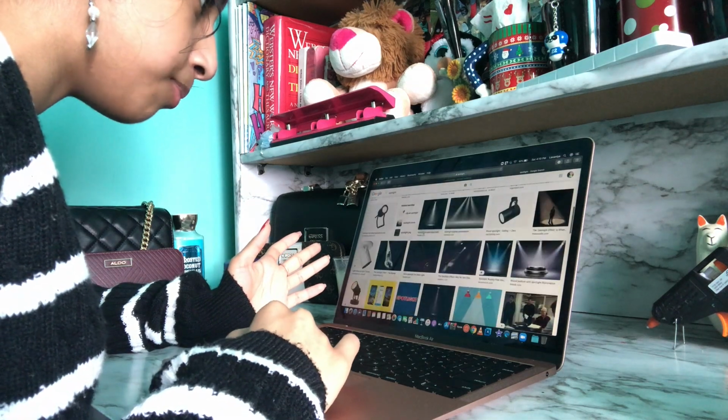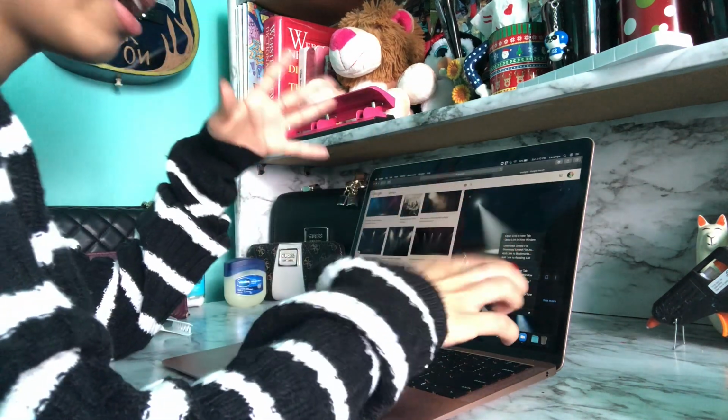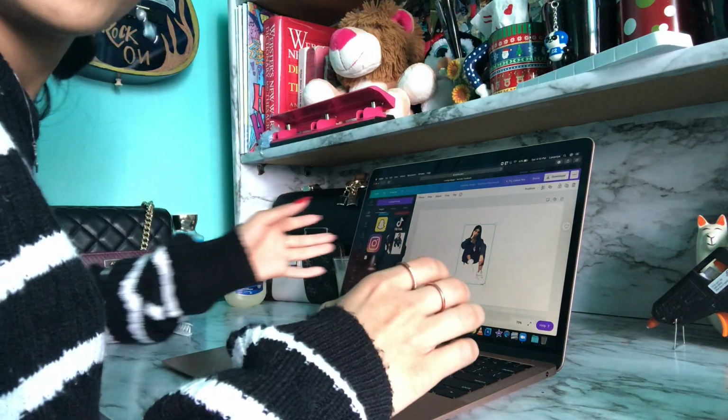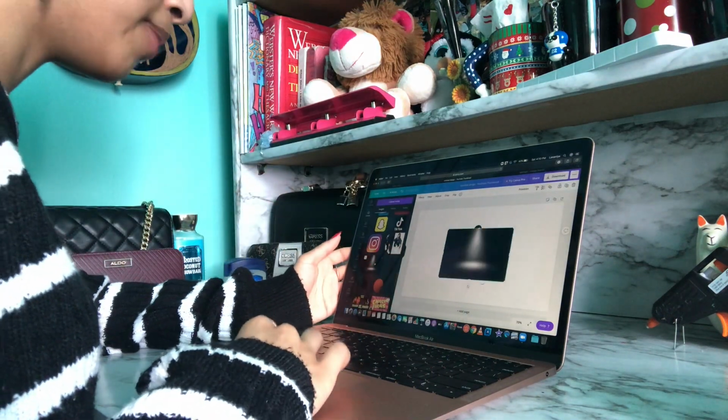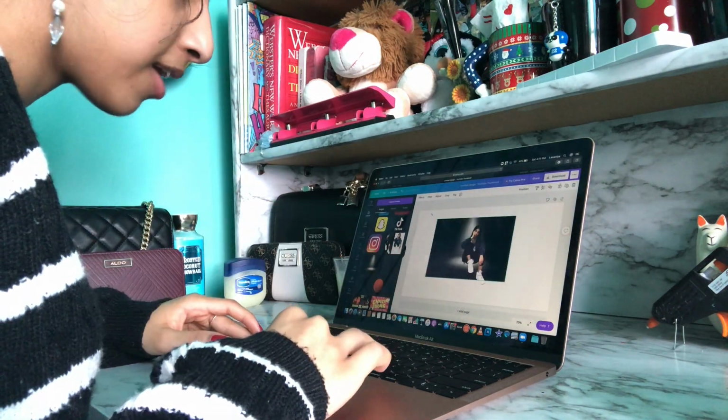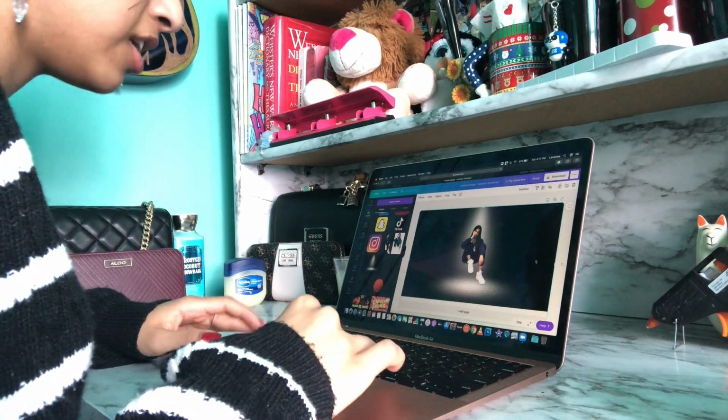I don't remember the one that I picked. So you find the one you want and you save it to download. I already have the one that I used for the thumbnail saved, so I'm gonna use it again. You want to send it to the back like you did last time. Position it however you like.